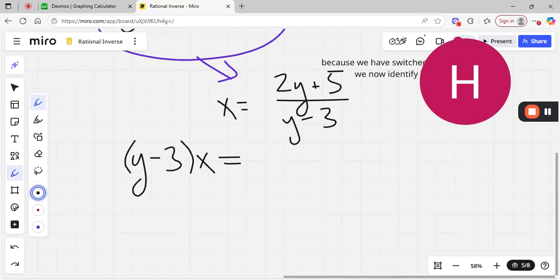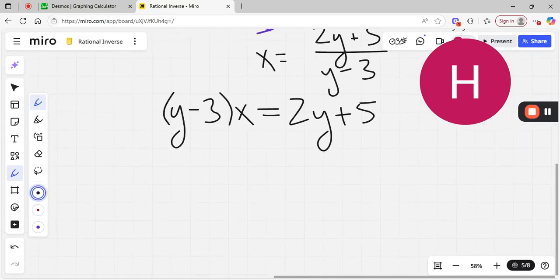2y plus 5. Now, at this point, we want to distribute. I know it seems like it's going to complicate things more, but really what we need to do is get the y isolated, and I cannot isolate the y if it's in a denominator. That motivated the first step, and I cannot get the y by itself if it's in these parentheses, so that motivates the next step